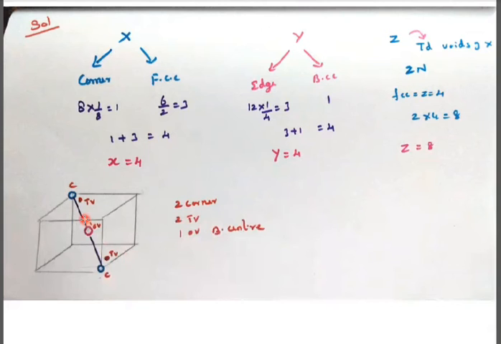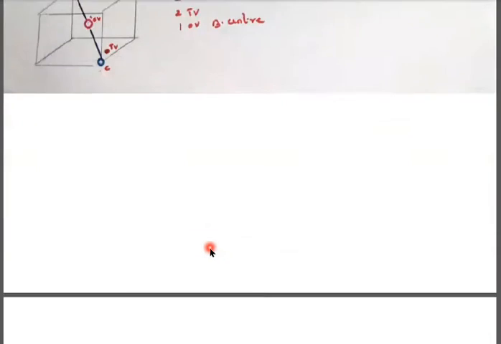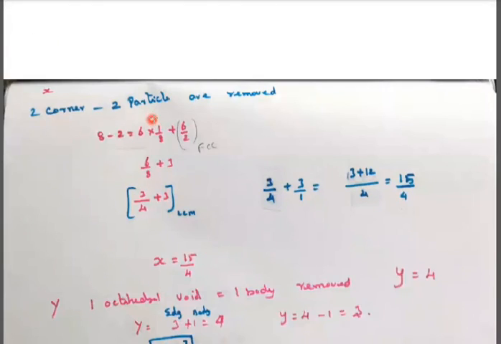So this is one cube. Always the tetrahedral voids are present at the corners, and at the center there is one octahedral void. So it is a body diagonal. This is called the body diagonal. At the corners, 2 tetrahedral voids, top and bottom. The center always has one octahedral void and the 2 corners have 2 tetrahedral voids. So 2 corner particles are removed in X.